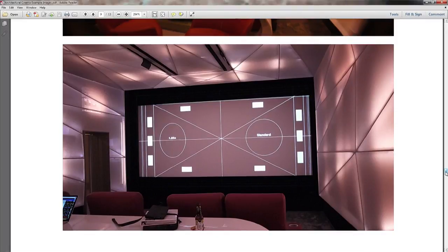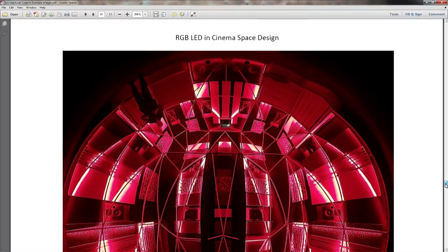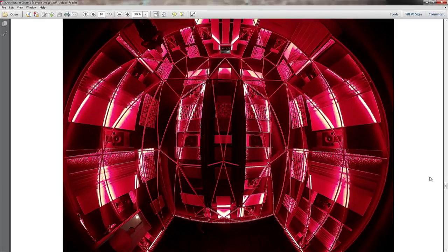That's the beauty of that type of screen and theater. But you could. Stupidly expensive, but that's the fun. This is a 360-degree camera shot of that theater with red. And I'm getting involved with LED lighting, a company called Color Beam, because it's a tunable color and white, and